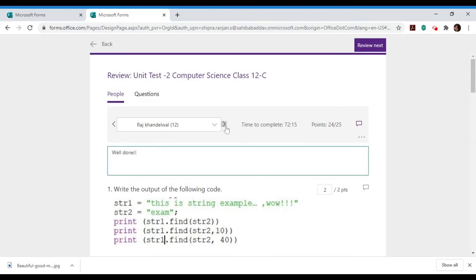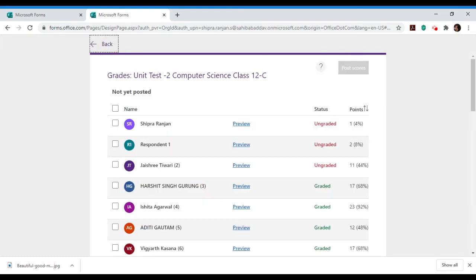So in this way, for reviewing my next student's marks, click here, or you can also click on review next to check the marks of the next student. In this way, you can review all the answer sheets by clicking here. You can get access to each and every answer sheet and give feedback in all the answer sheets. After I have done the review of all the answer sheets, after completing the review part, click on back here, and I want to send scores to my students as well as corrected answer sheets.